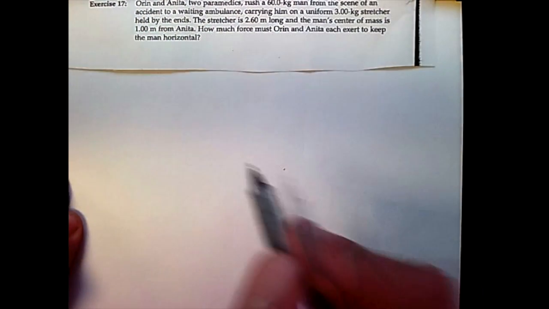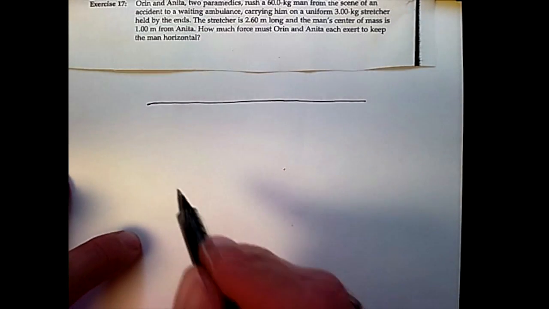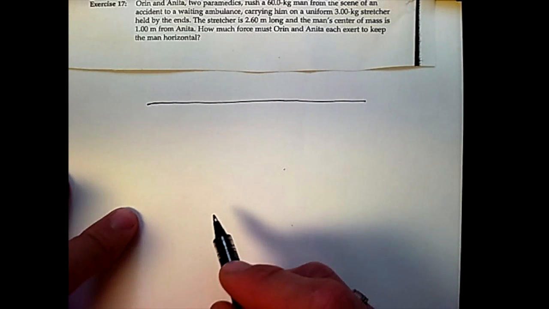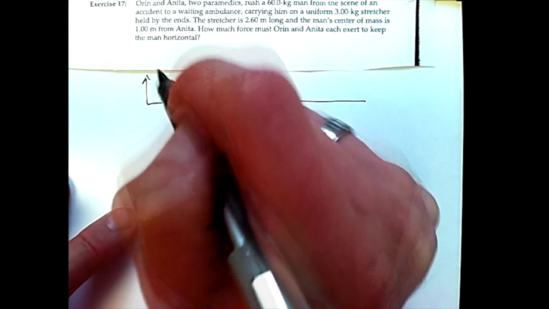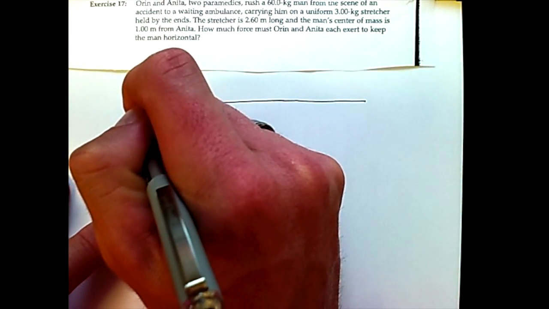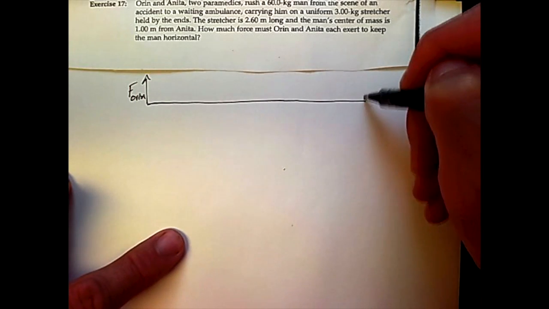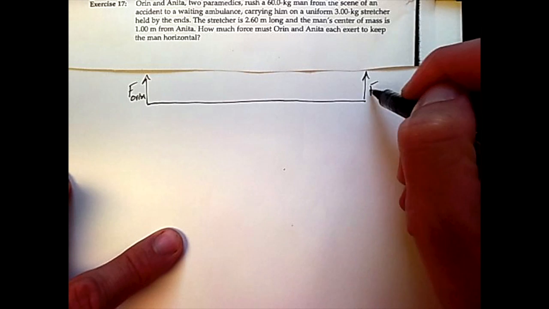So I'm going to move this out of the way. The solution to these problems for torque really comes from drawing a decent picture. Decent meaning big enough to represent all the forces that you have going on. So I have Anita and Oren, who are standing at the ends, presumably lifting up. So I'm going to assign Oren on this side, and I'll say Anita is on this side,